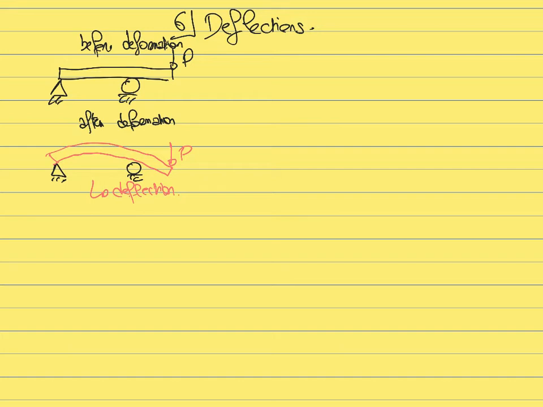So now we need to think how we're going to quantify this deformation. When you compare the position of the beam before and after deformation, the effect of the bending is that some part of the beam will move up, and some part of the beam will move down. The effect of the bending is not going to displace some elements of the beam right or left. It's only going to move some part of the beam up, some part of the beam down,